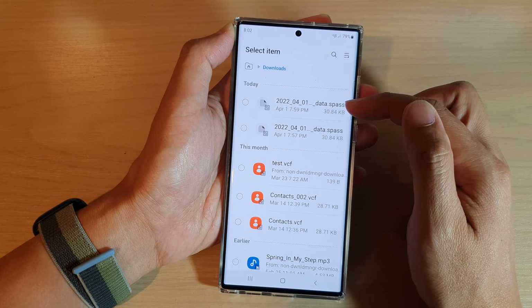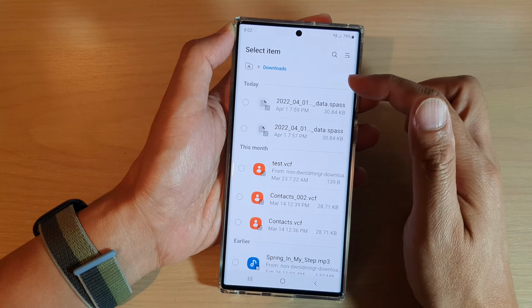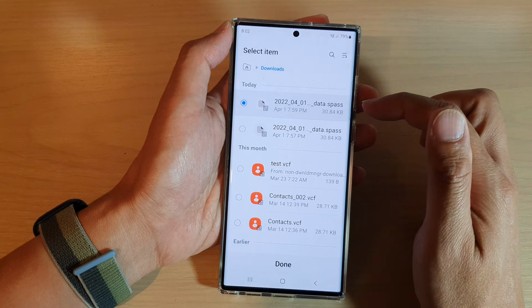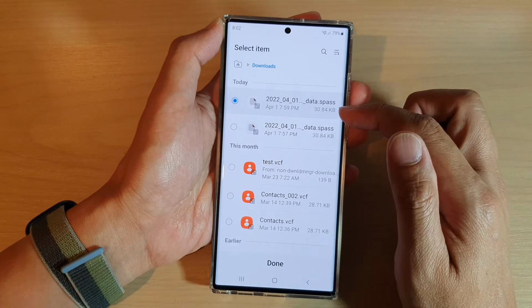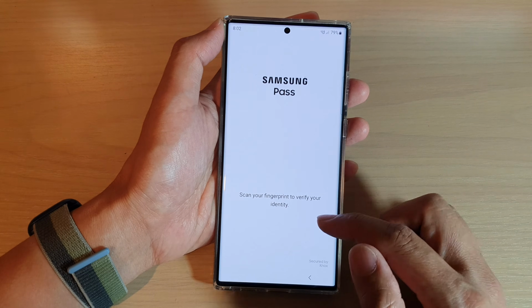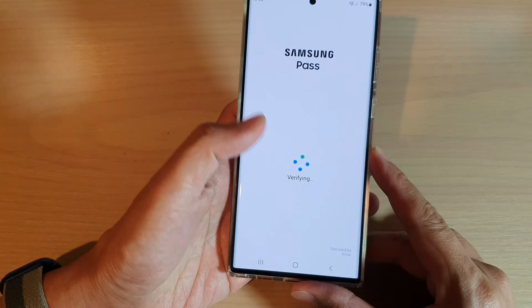And previously I have backed up my Samsung Pass to this folder, or in this directory. So I'm going to select a file. You can see it shows a .spass, which stands for Samsung Pass. So I'm going to tap on done, and then it says scan my fingerprint to verify my identity. All right,